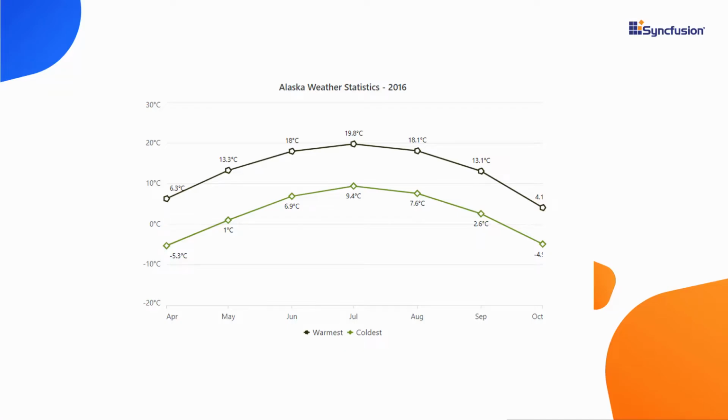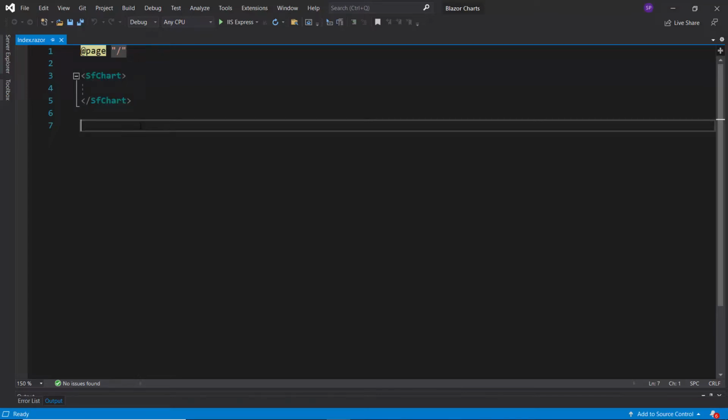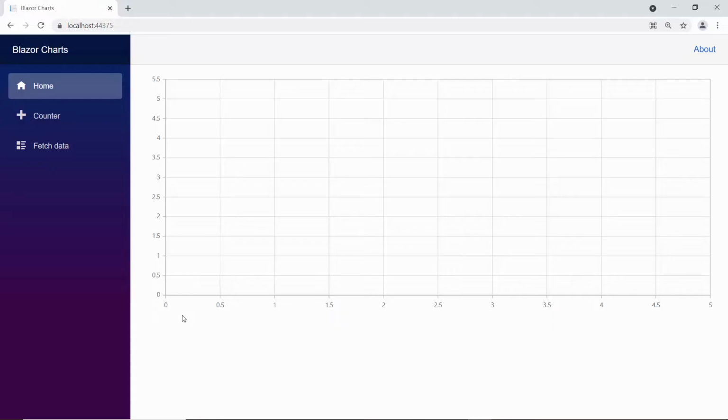First, I will open an existing Blazor application where I have already added a simple Blazor chart. If you would like to watch that video, follow the link provided in the card to learn the basics of adding a Blazor chart. You can also find a reference link in the description below. Now, I will run this example by pressing F5. You can see the default chart output with two axes, X and Y, with no data points displayed. Next, I will show you how to customize the Blazor chart with a date-time axis.